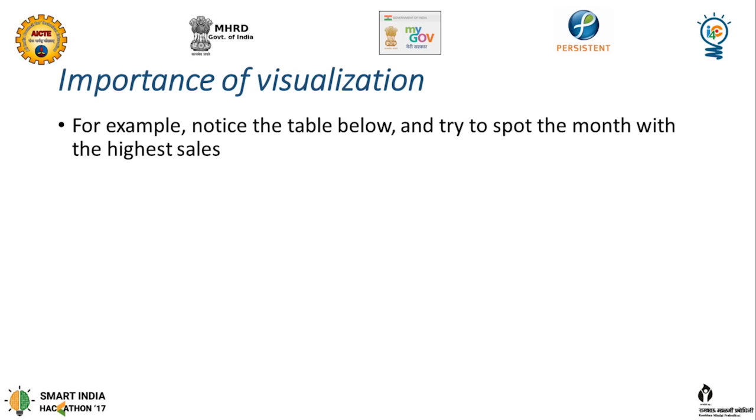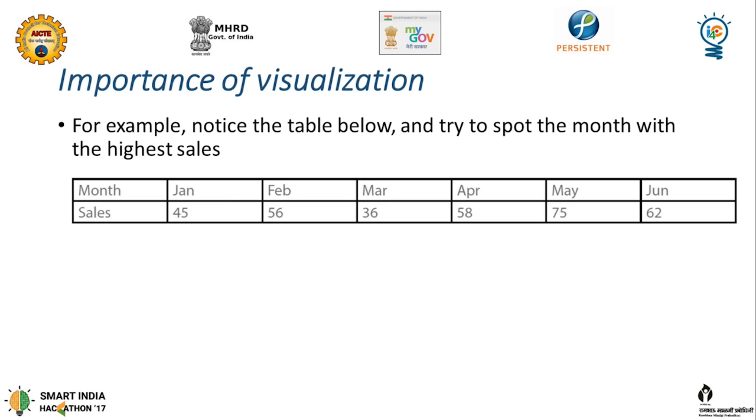Now, the importance of visualization. For example, notice the table below and try to spot the month with the highest sales. If you look at this table, it's a month and sales. There are months and there are figures of sales. So months are the dimension, sales are the facts. Now we can look at the table and come up with, say, May is the highest sale and maybe March is the lowest. But